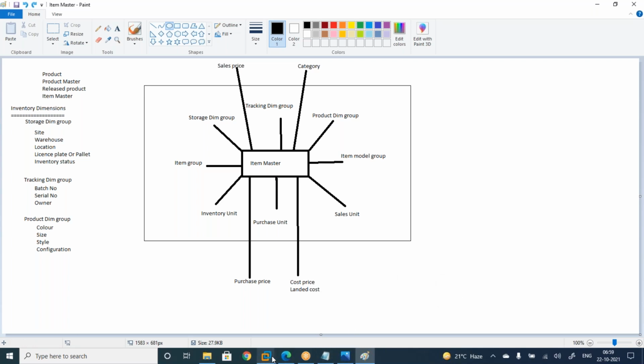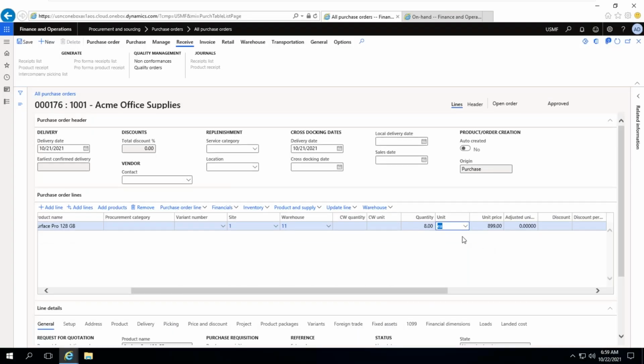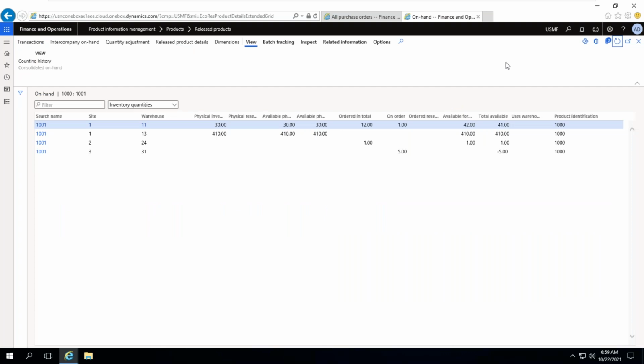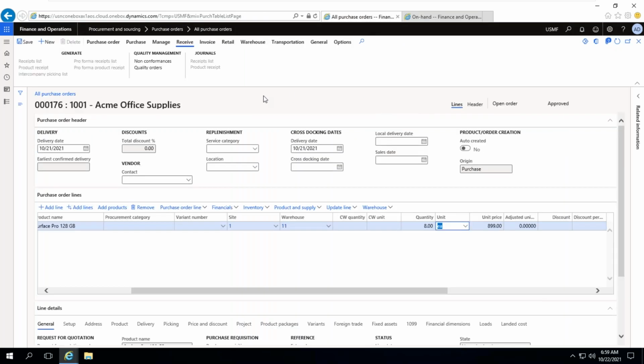Okay, fine. So what I did, I have changed it to 8 quantity. Now, if you verify the on hand inventory, if you refresh, it will become 13. Give me a second.